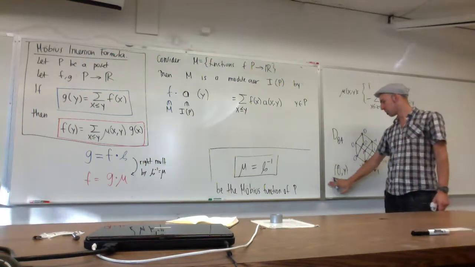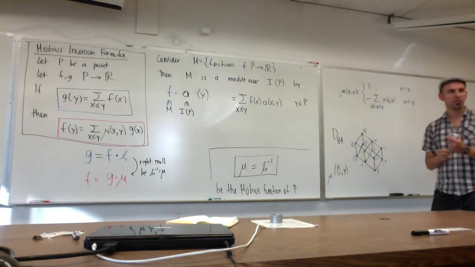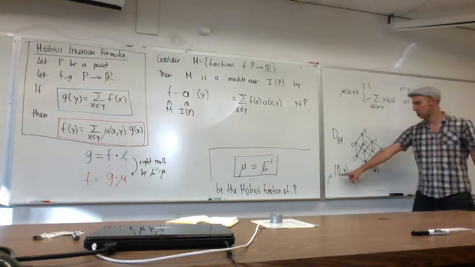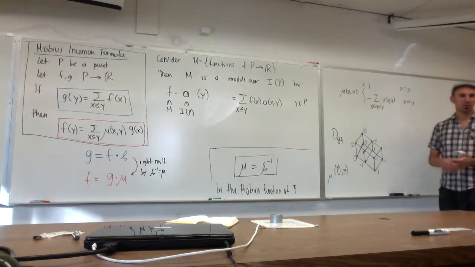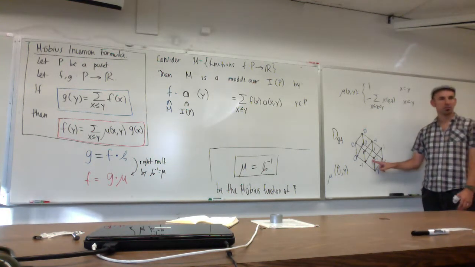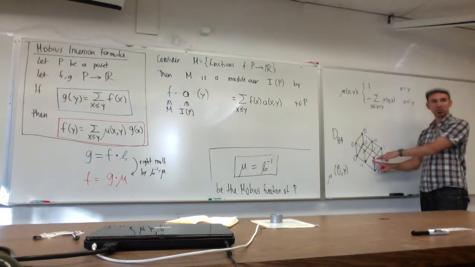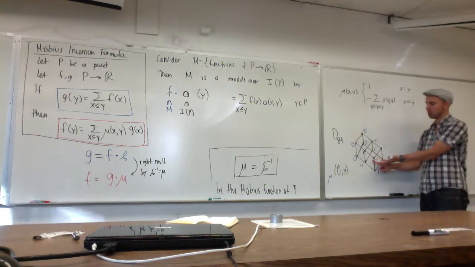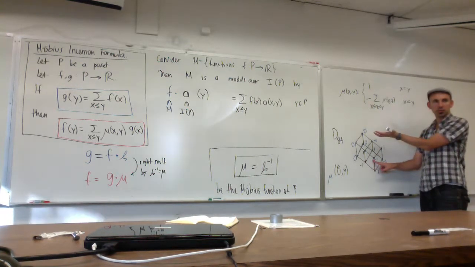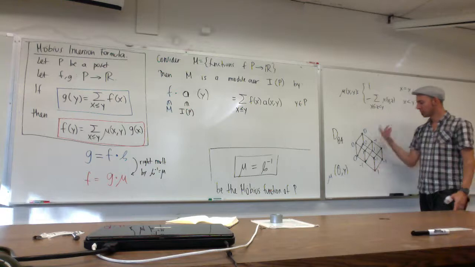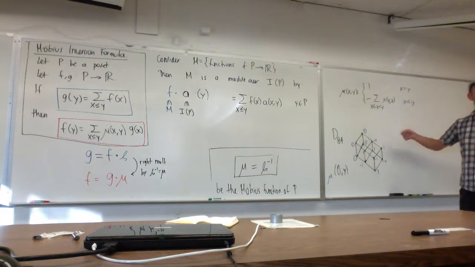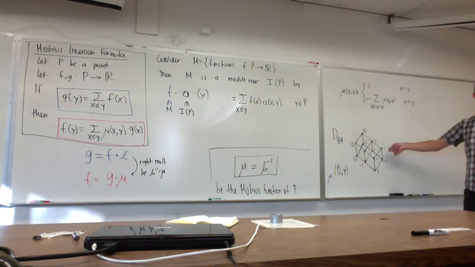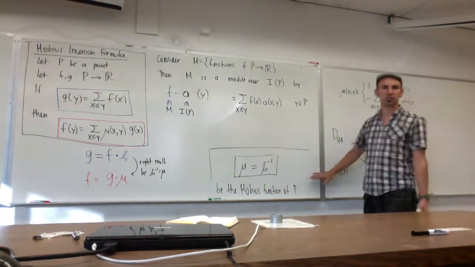So these blue numbers that I wrote here are the numbers mu of 0, comma y, where 0 means the bottom. If you want to compute mu of x, y for some other x, like for this x, then you would just start here and say, okay, mu of x, x is 1, and then you would look at that part of the poset and do the same thing. So if this is 0, you do this. If this is x, you do the same thing, but starting at x. So you see, actually, the Möbius function, at least for a small poset, is a very manual procedure that you can do, and it's equivalent to the simple algebraic